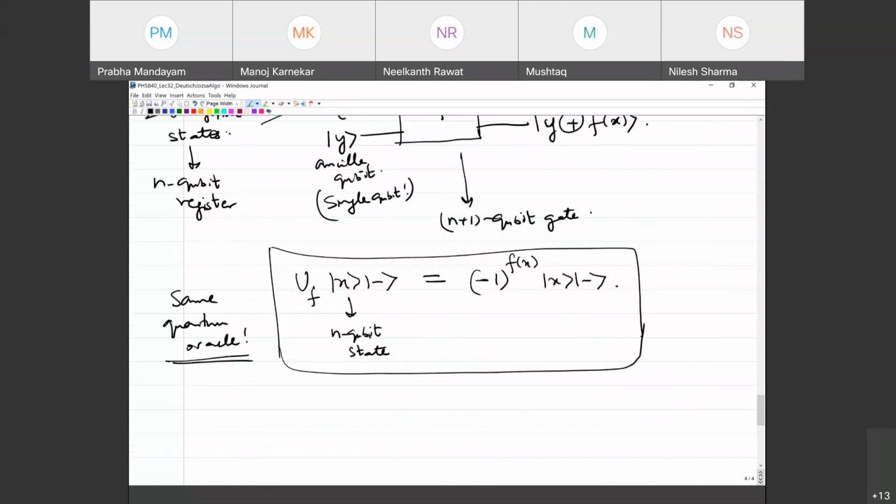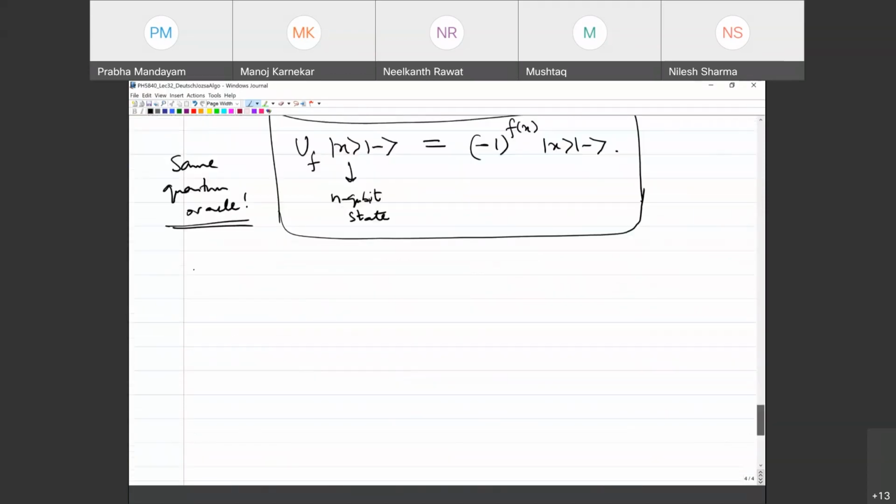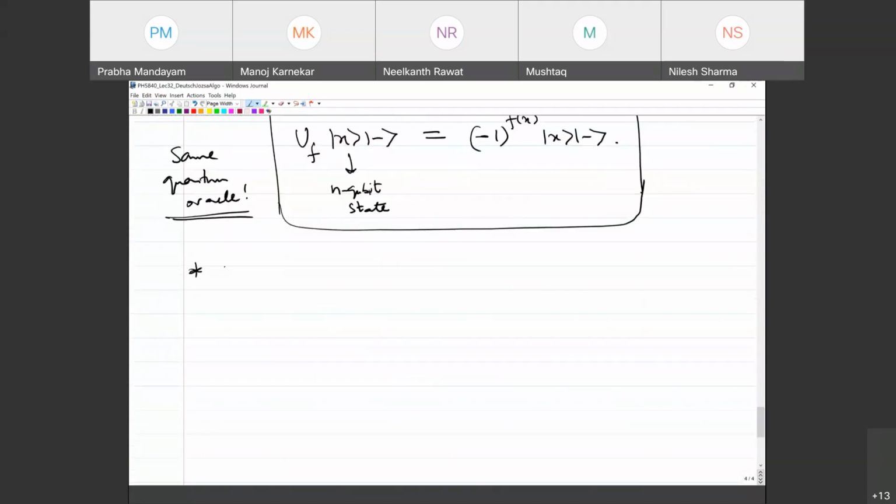And so now the next step is to query in superposition, right? We've constructed the oracle. Now we need a superposed input so that we can query in superposition. And that's why it's a fixed number of queries. It's just one query, because we are going to make